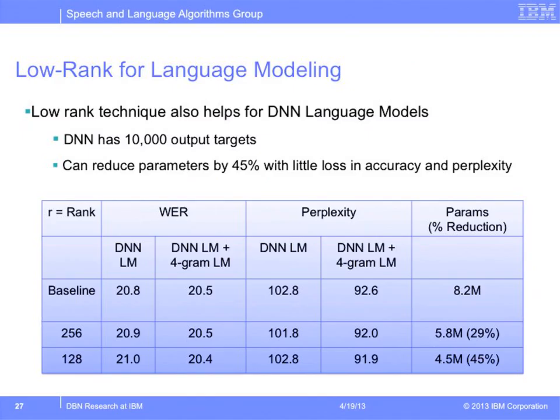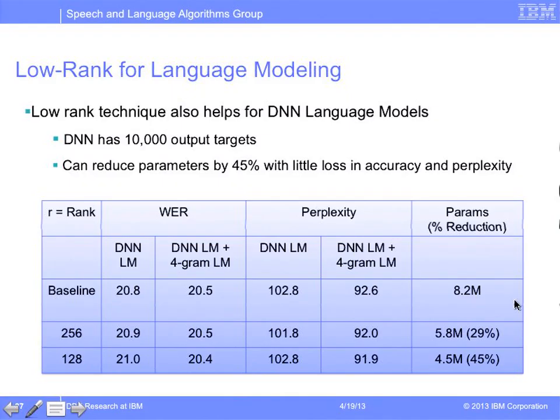And one of my colleagues, Ebru Arsoy, actually looked at this technique for language modeling as well. You can't ask me too many questions about all this because I'm not really a language modeling person per se, but the DNN here was trained with 10,000 output targets, and what she found was, I believe this was Wall Street Journal, and she also found this is the baseline system, 20.8,